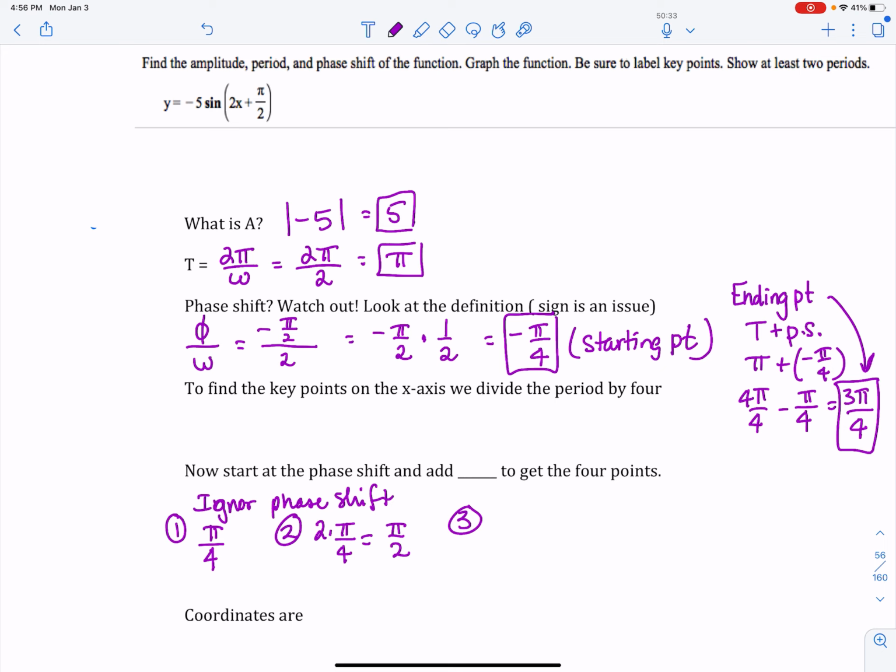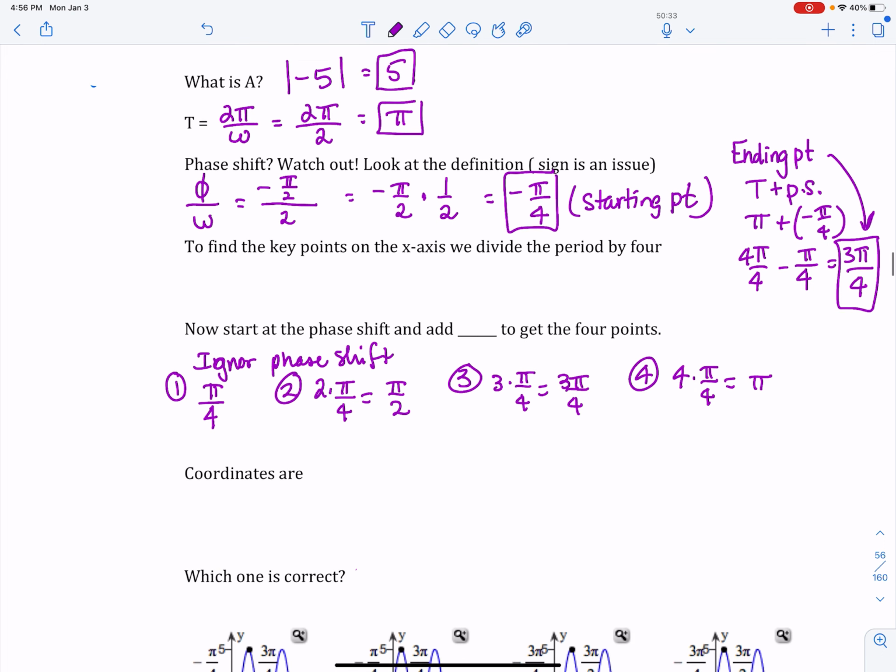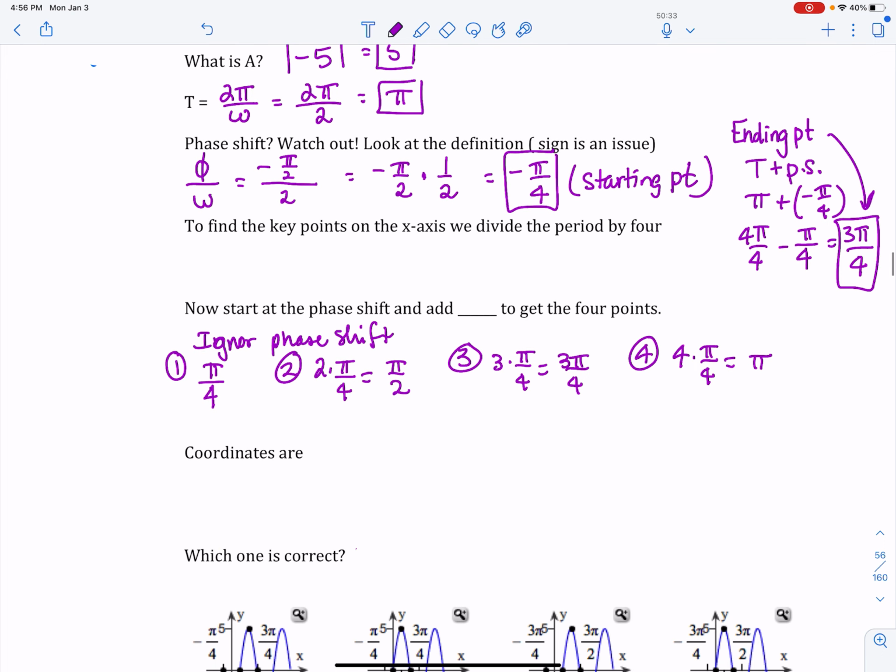So the third point is now going to be 3 times pi over 4, which is 3 pi over 4. And finally, the fourth point would be 4 times pi over 4. Now that better come out to be pi, which it does, because that's what it would be if I didn't have the phase shift. So once I found ignoring the phase shift, now I'm going to add that to the 4 key